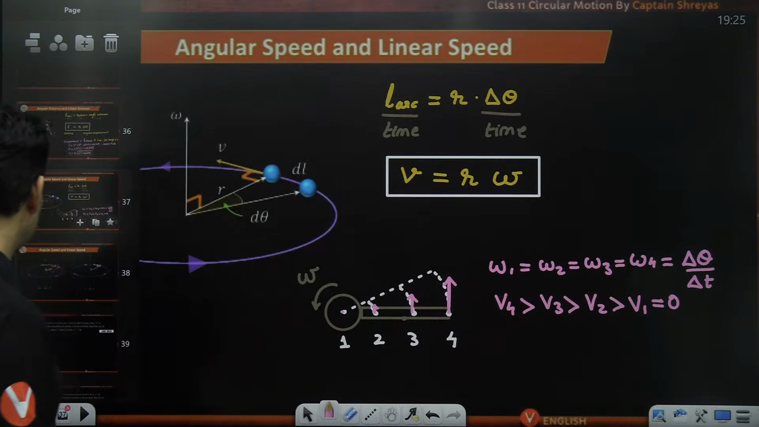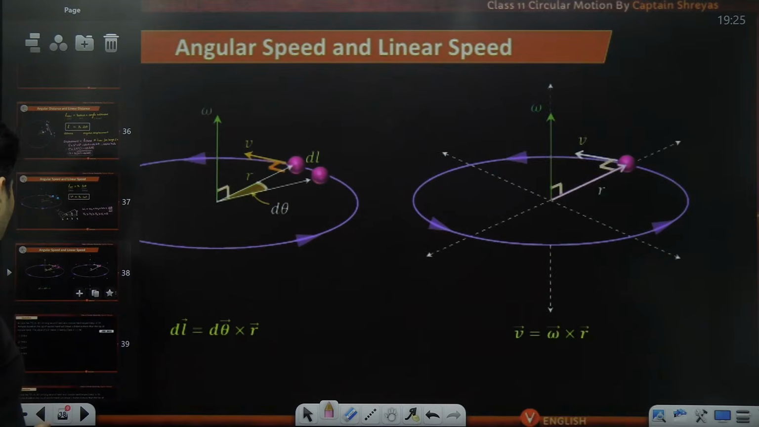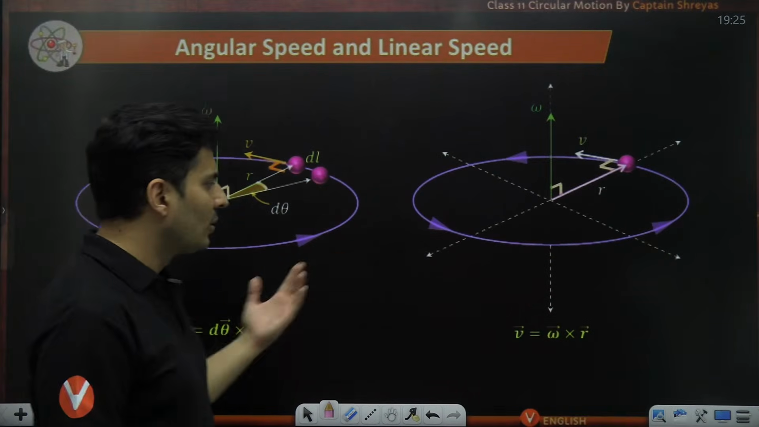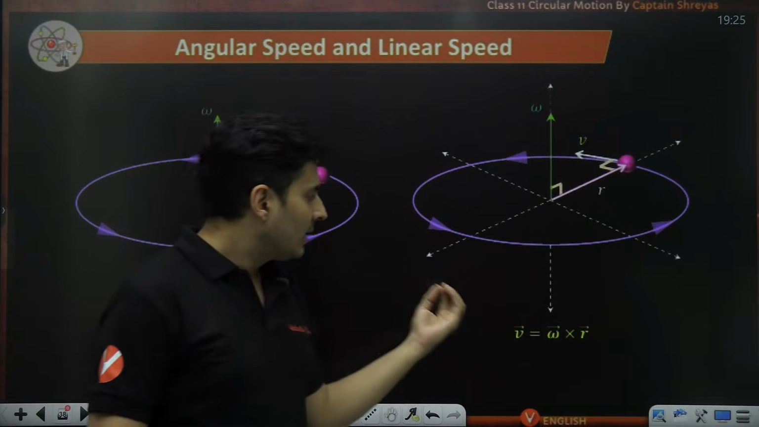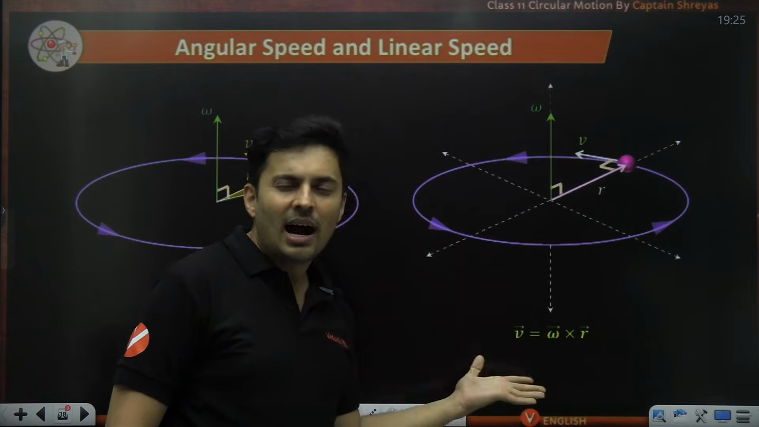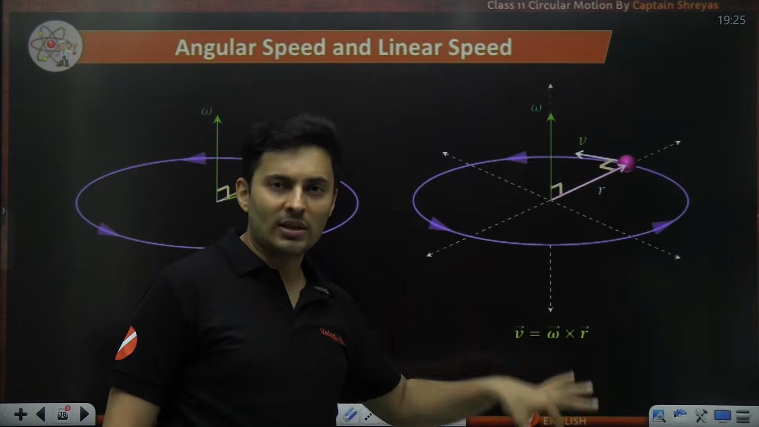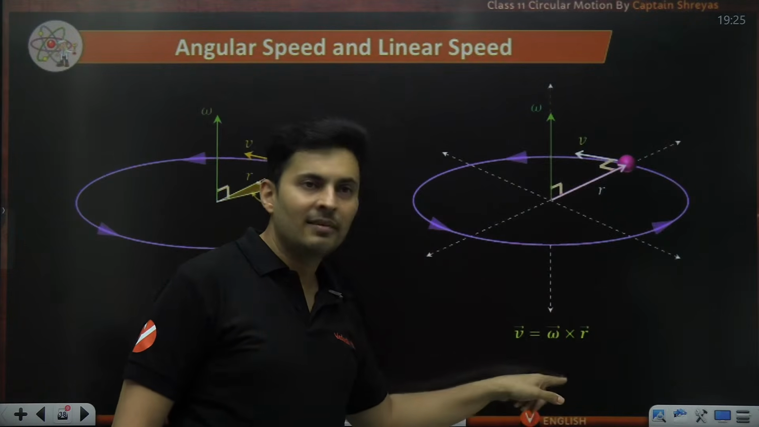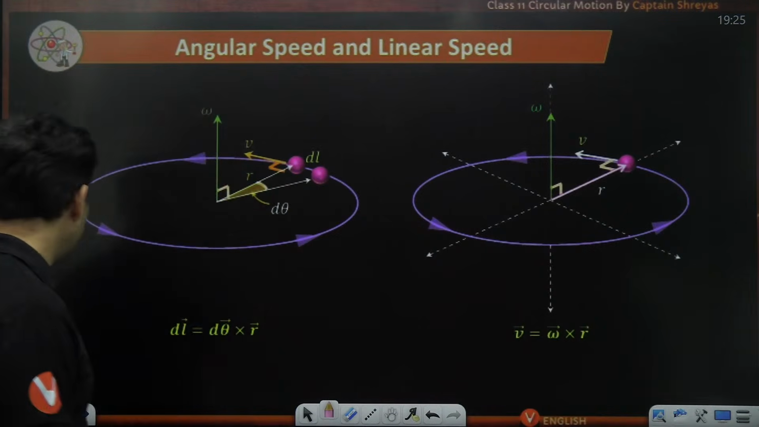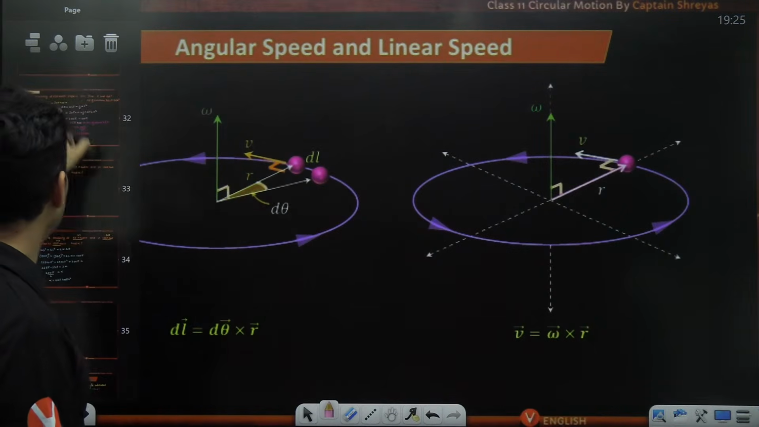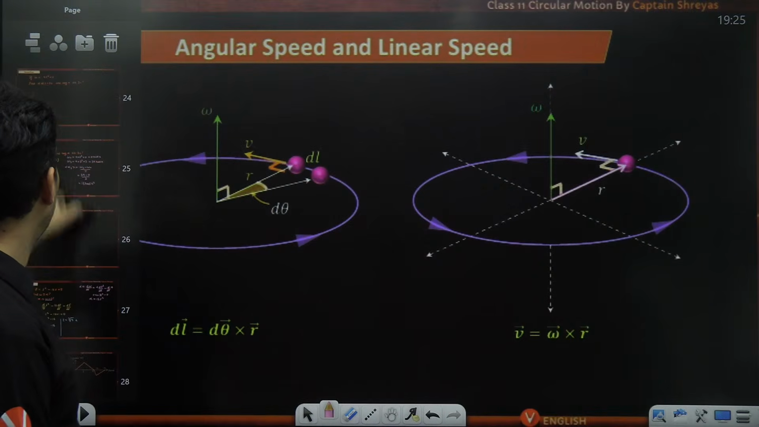Yes, perfect. But I'll tell you one thing, there is also a vector rule to remember it. If we do not remember it as R omega, actually it is omega cross R, if you treat omega as a vector quantity and R as a vector quantity. So I'll tell you what exactly happens. Even when I gave you omega over here,